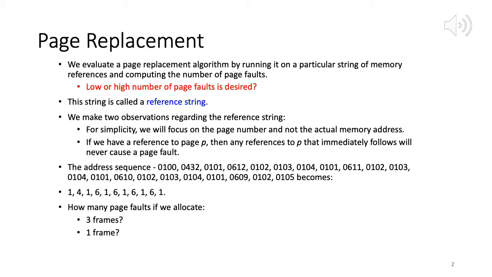So in the last lecture we had seen how many page faults if we allocate 3 frames and 1 frame. And we saw that, for which scenario do we have more page faults? Definitely for scenario 2, because we have a smaller number of frames. The more frames you have, the more abundant is physical memory, and the lesser is the likelihood that you have a page fault, because you can accommodate more pages if you have more frames. If you have a very small number of frames, then of course you may have a large number of page faults. Okay, so now we move on.